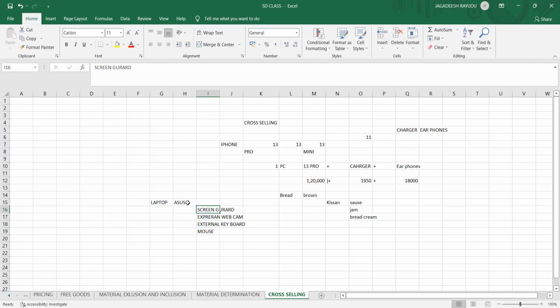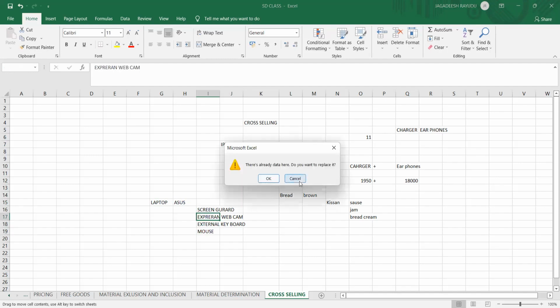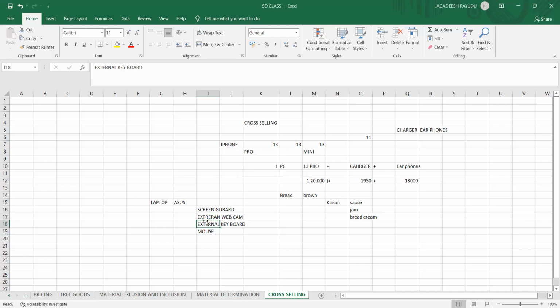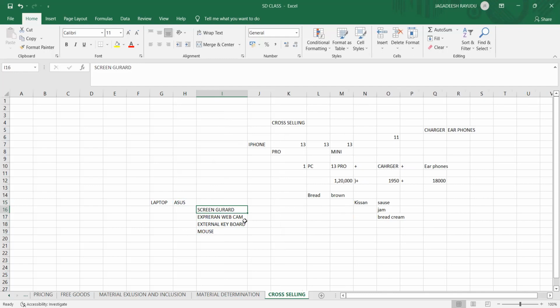It is not for free. If you buy the laptop for 40,000 and add all these products also, you will have separate billing. The system is proposing that you buy these products additionally. This kind of selling is called cross selling. For cross selling, whatever products need to be proposed should be proposed automatically by the system. That will be handled by the cross selling profile. This is how it is handled in the SAP system, which we are going to see now.